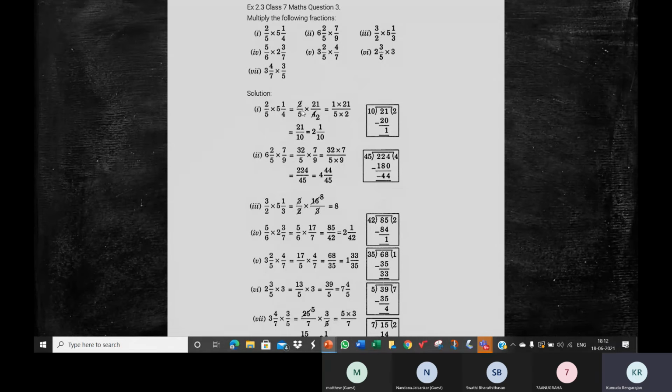How do we multiply? So we write them like this. Before we actually multiply, we try to simplify them by taking one number from the numerator, one from the denominator. If possible, we do that step. Now in the second one, that was not possible. If it's not possible, then multiply the numerators, 32 into 7, multiply the denominators, 5 into 9. And that gives you a fraction like this. If it's an improper fraction, then you divide like this and put it as a mixed fraction.